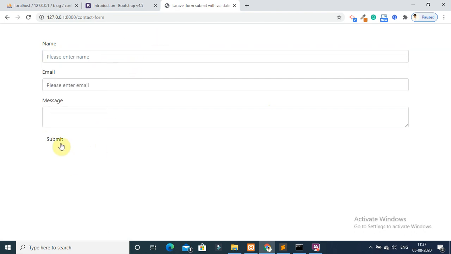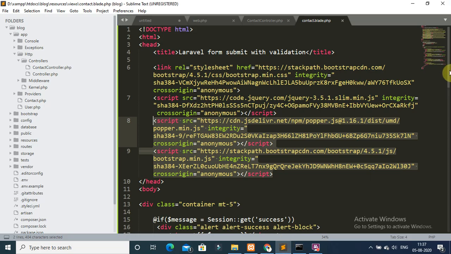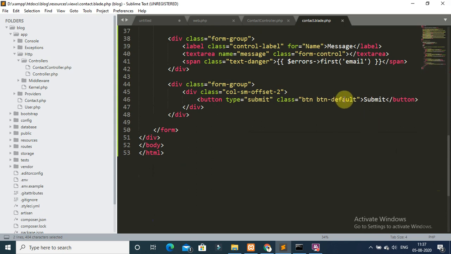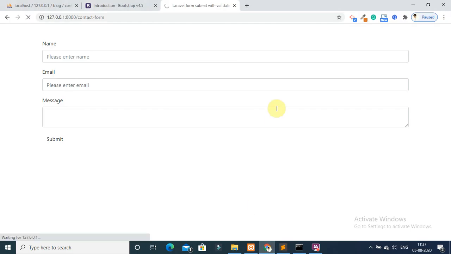If you submit this form, go again to your contact.blade.php file and change the class to btn btn-success on the submit button and refresh the browser again. Then you can see that the form button color has been changed. If you submit this form blank, it will show validation errors.